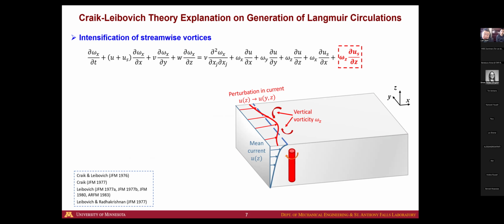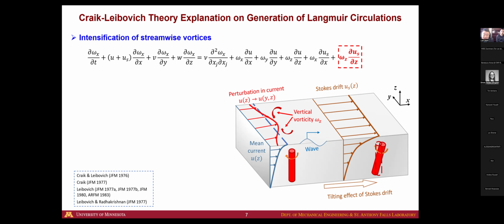Now, if there's a wave, and due to this Stokes drift, these vertical vortices are turned by this Stokes drift from vertical to horizontal direction. And that was considered a major mechanism for the generation of Langmuir